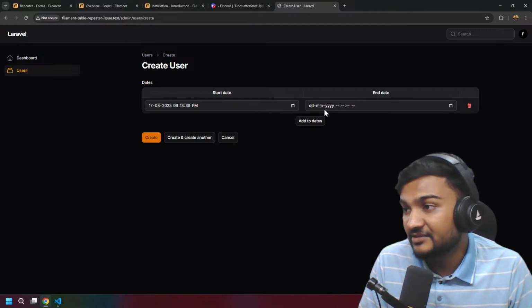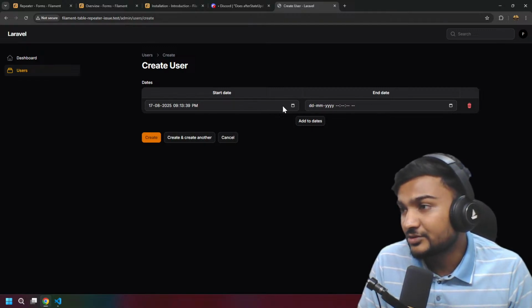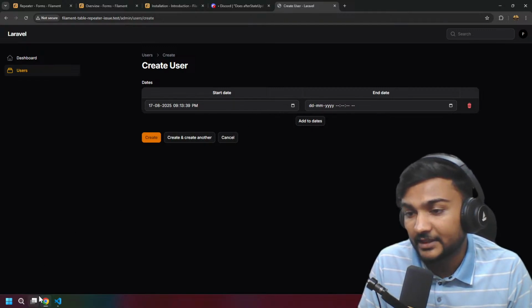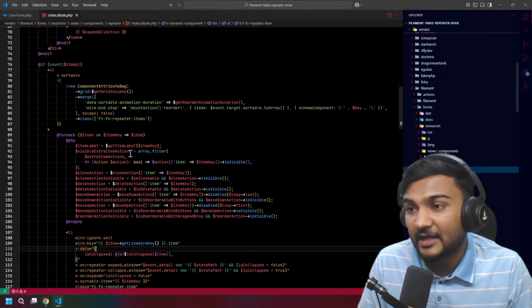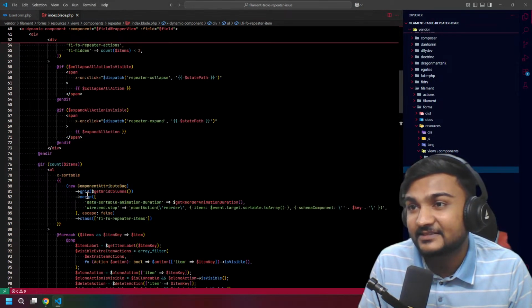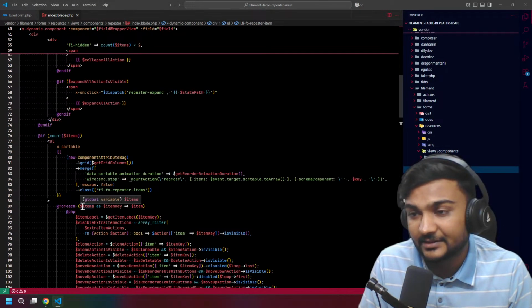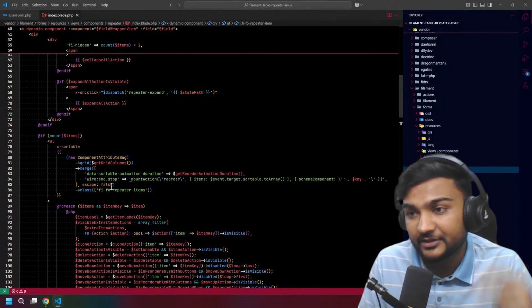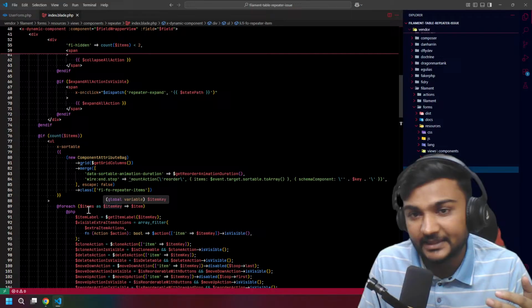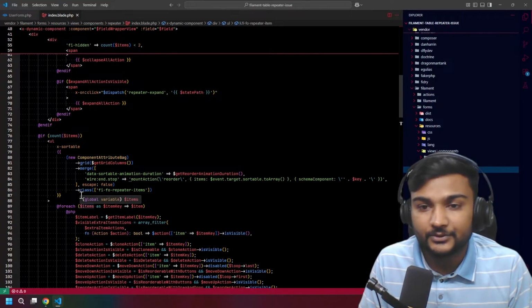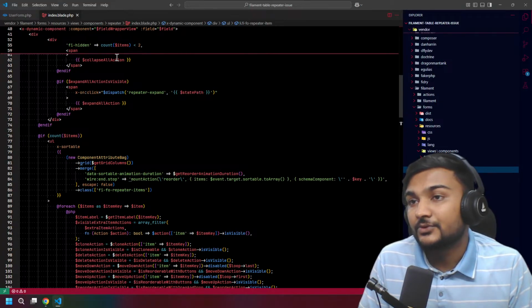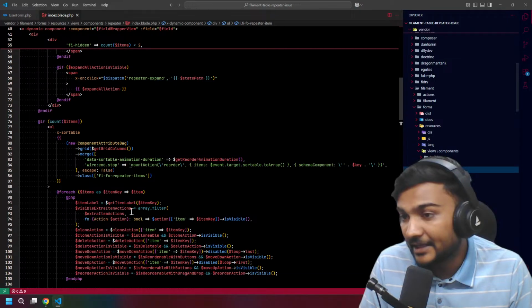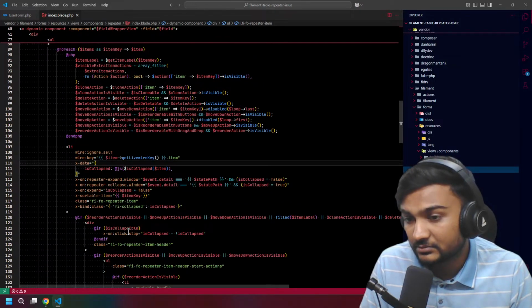If you see these rows, we have only one row right now, so this will have only a single item. But if I add one more date, it will have two items. And if we scroll a bit down,